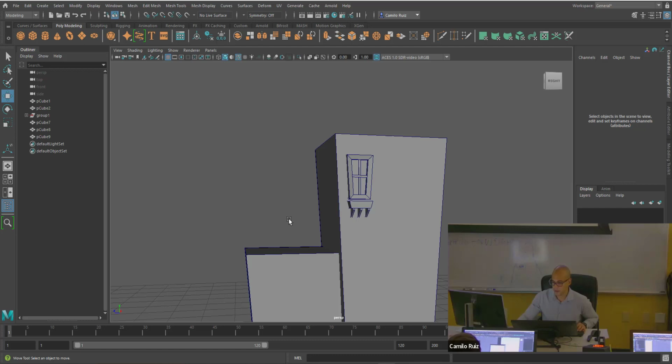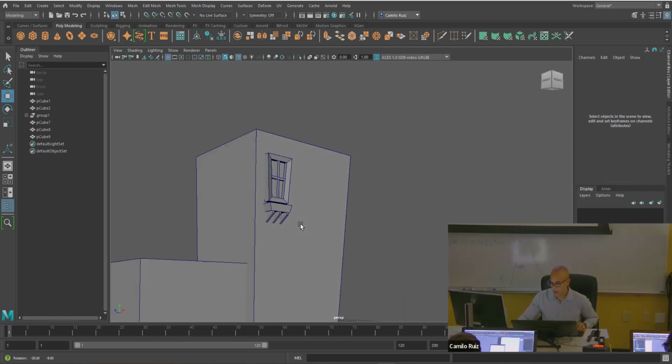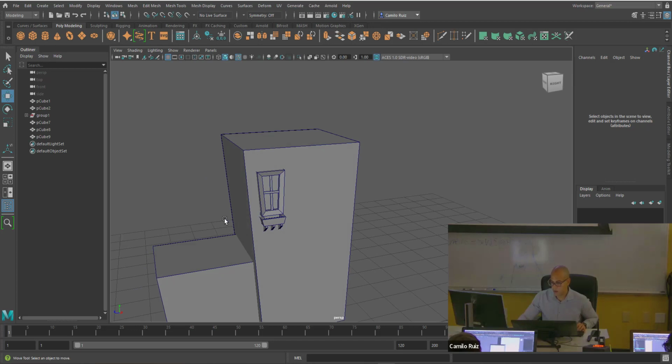Nice. Not too shabby. Maybe when you look at it from the bottom, it starts to look okay. Well, I mean, it's 3D, so